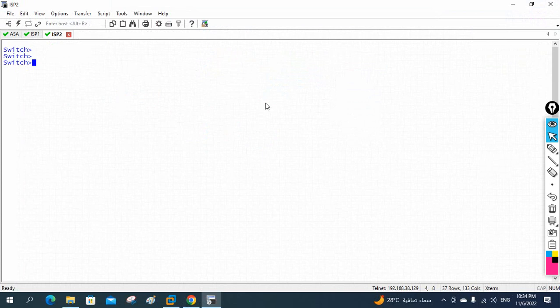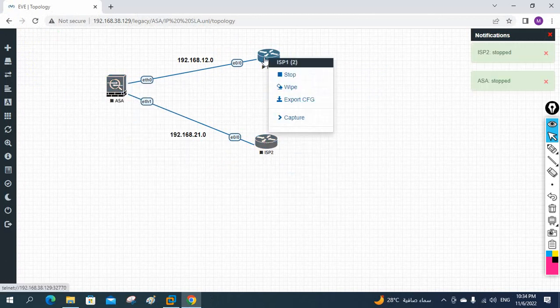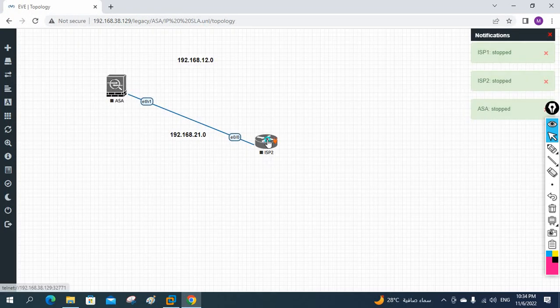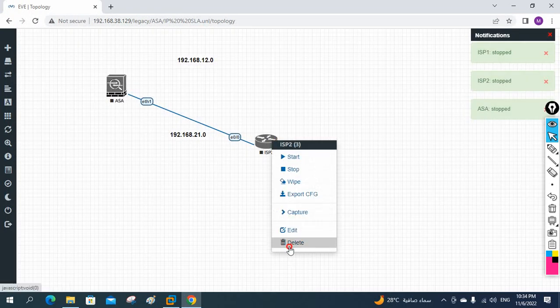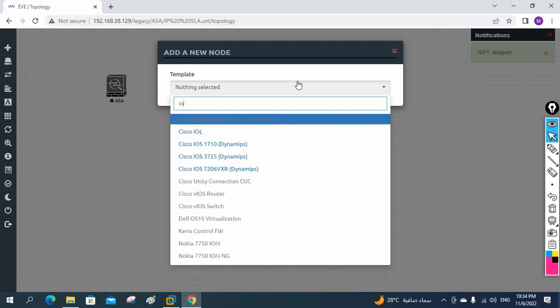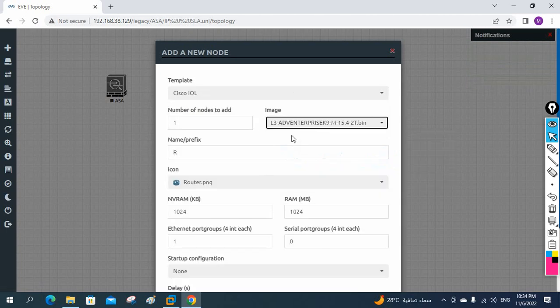By mistake I took the wrong image, the switch image, so let me delete it and take the correct one. When you take it here, take IOL. When you select this one, go here and take this one. Okay, and then